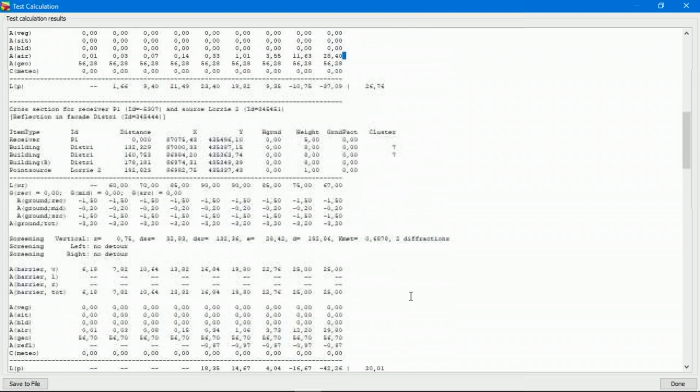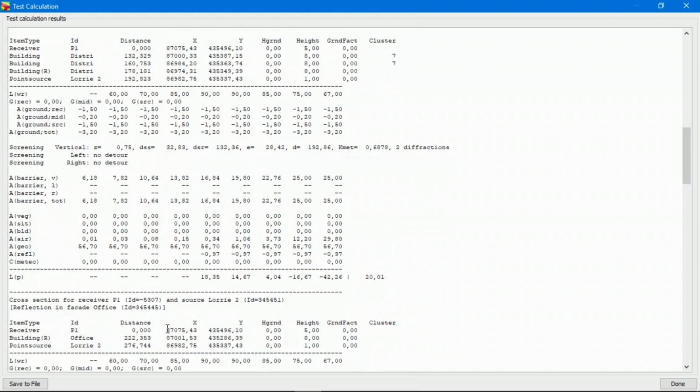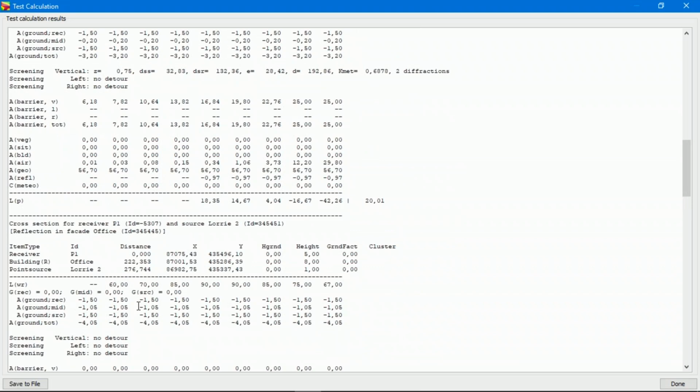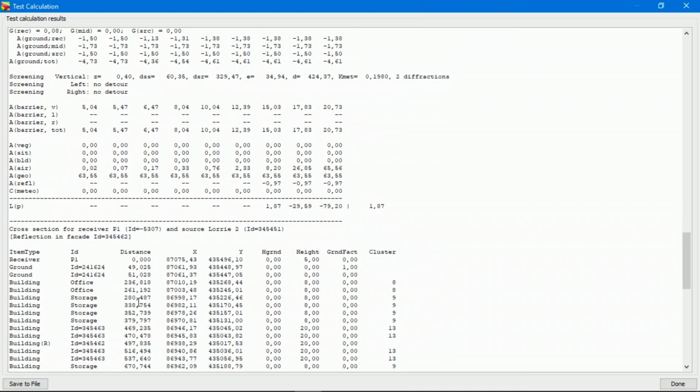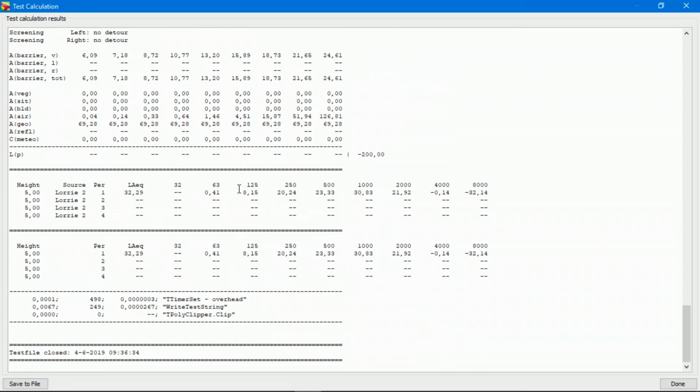Then there's a reflection calculation in facade history, and here you see the cross-section for the reflection. It goes from the receiver over the building into a reflecting facade into the point source, Lorry 2. And here you see the same formulas, the same attenuations for this reflection path. Then there's another reflection path, and another reflection path, and another reflection path, and then totally it calculates the total sound